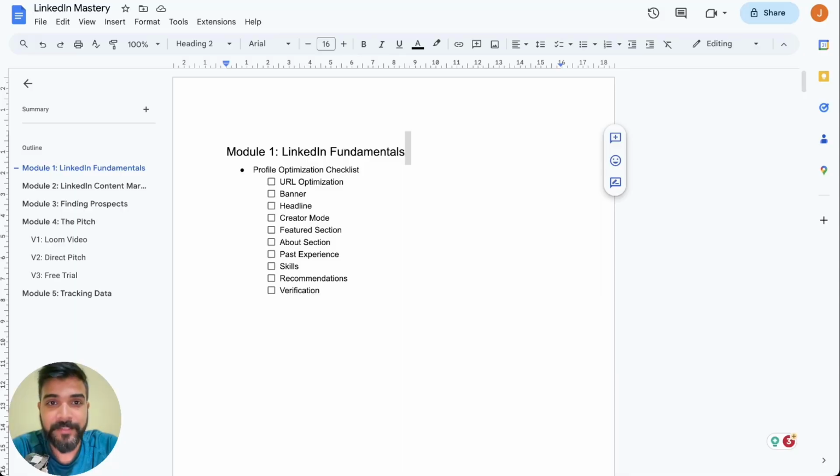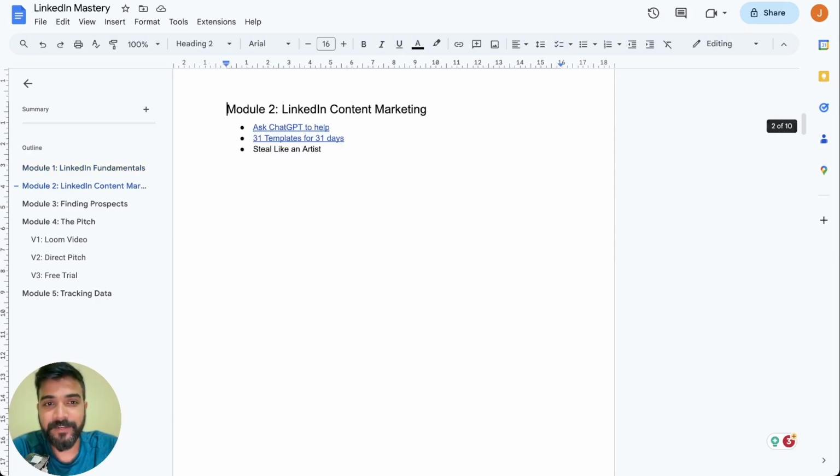Let me give you a structure to the implementation pathway. That means how exactly are we going to cover, and what exactly are we going to cover in this course, right? First things first, in the first module, I'll cover LinkedIn fundamentals, which basically is profile optimization. Second, we'll talk about LinkedIn content marketing and how exactly I create content on my LinkedIn profile. Given, true, I have not been active for a while now, but